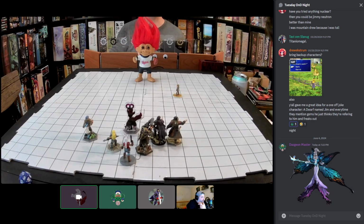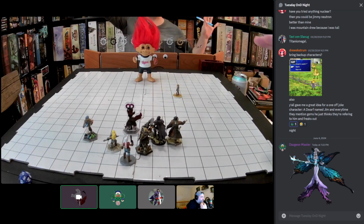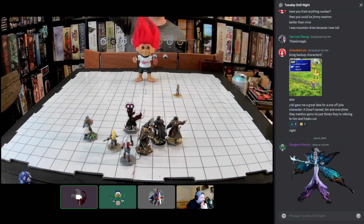All of you can see this. You see Titania waving around her staff, and as she waves it, there is an image in the air in front of her. And the image appears to be like, it looks like,